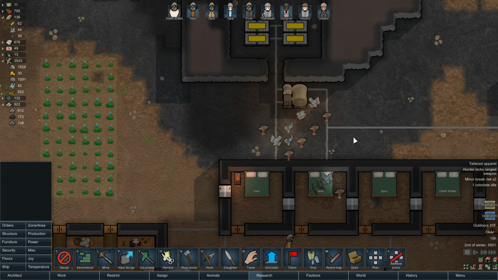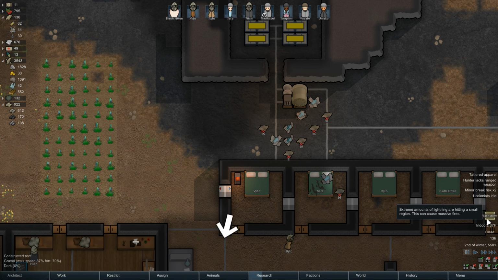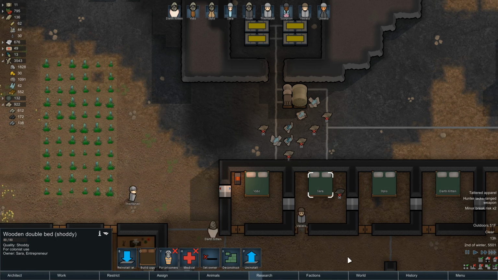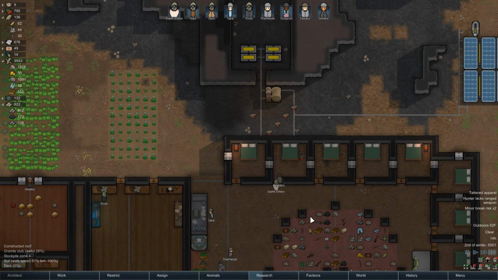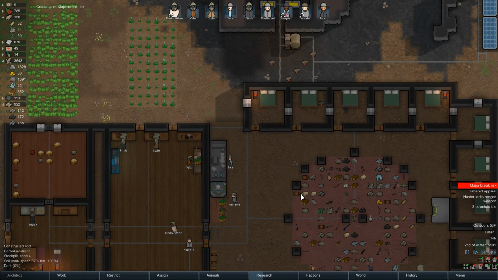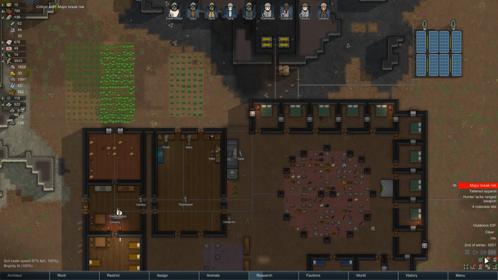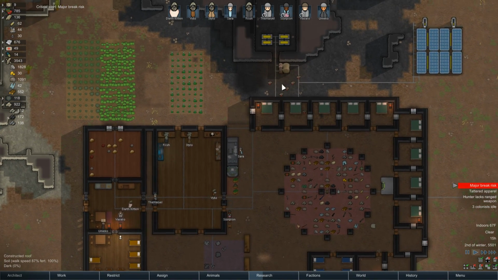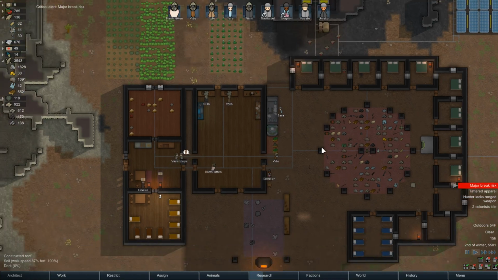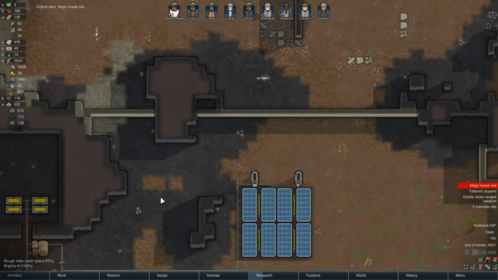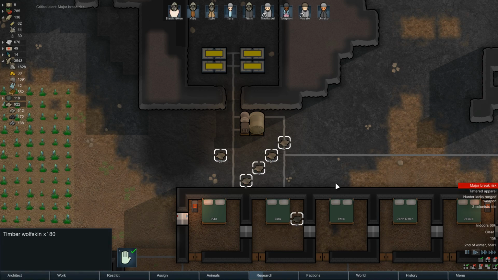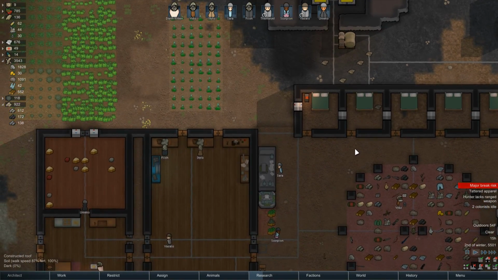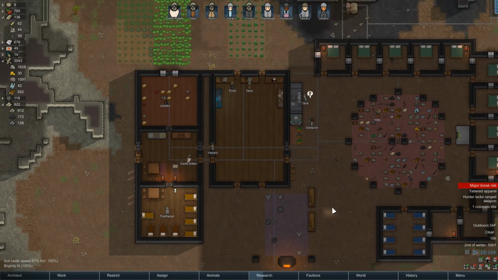Also, we just got a cargo drop again, and it fell right through our roof, which is humorous. It almost destroyed this bed, even. Actually, has anyone ever had a character get hit by a cargo drop? Because I feel like that could happen. I mean, if it can destroy a roof, then I feel like a character could actually get hit by a cargo drop. That would be very interesting. I feel like it'd be very unlikely, but it's got to be possible.